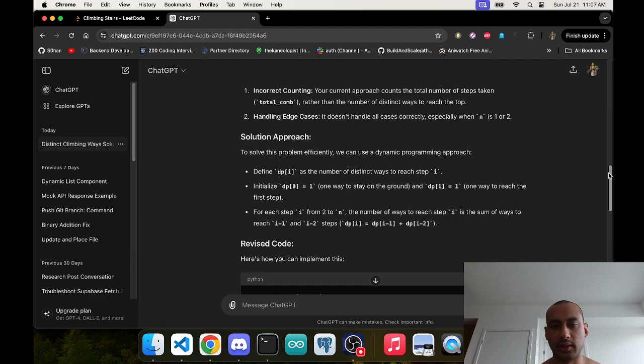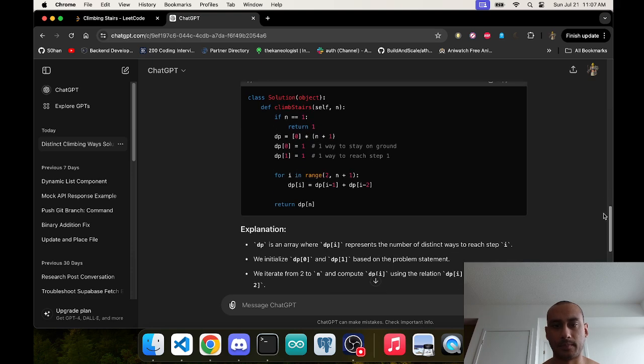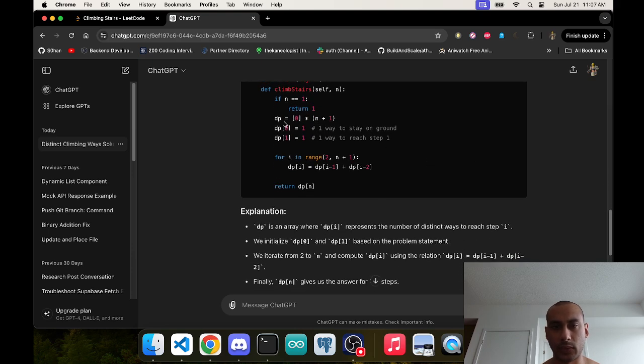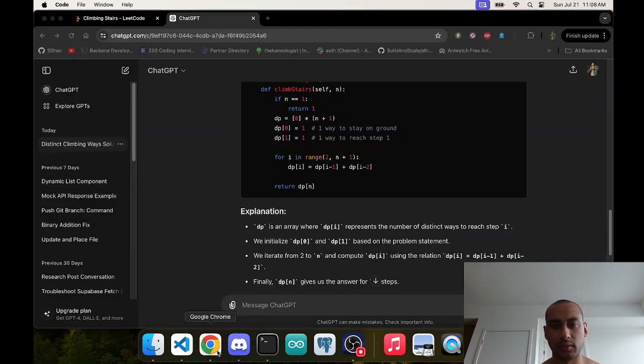Edge cases, dynamic programming, okay. DP01, okay, so DP0 times n plus 1. So this is what I was trying to go for with what I was doing previously. So the DP